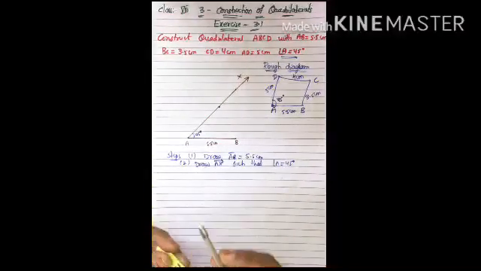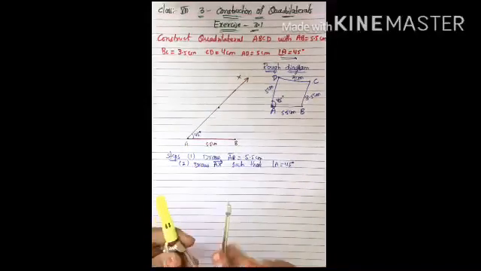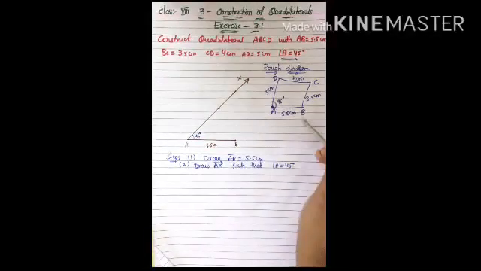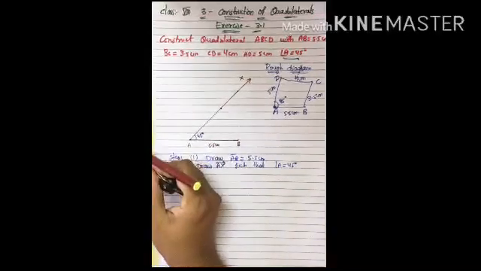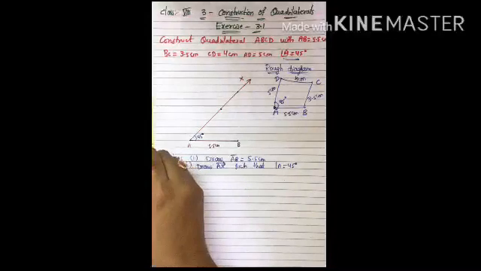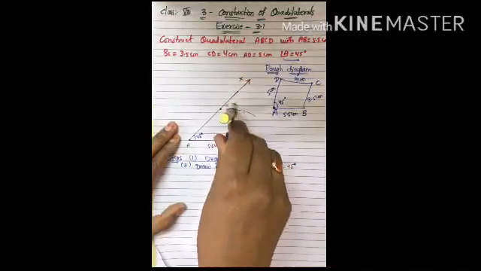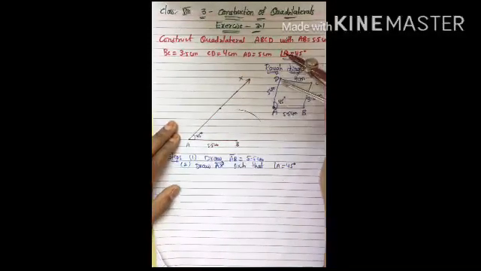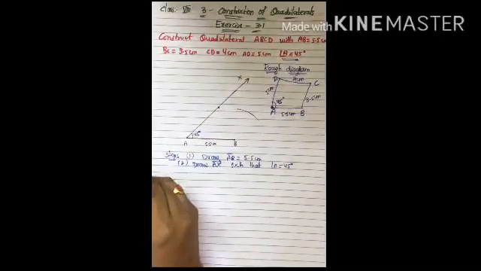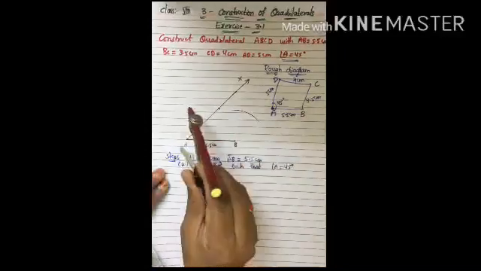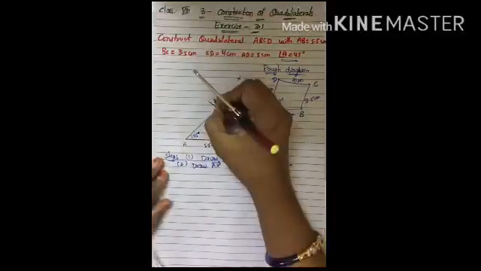Wherever you keep the tip of the compass, we call it the center, and whatever distance we take, we write as the radius. Now take 3.5 centimeters as radius on the scale. So this is 3.5. Now with B as center and radius 3.5, draw an arc. Next, from A to D it is 5 centimeters, children. So with A as center and radius 5 centimeters, I will cut this ray at D. Now this is D you got.